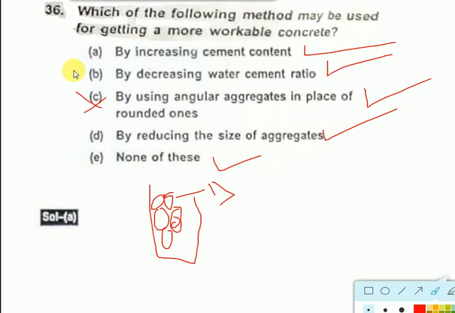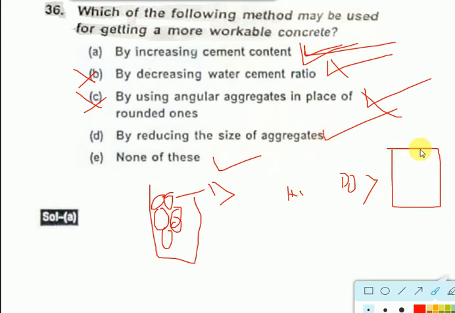And decreasing the water cement ratio, you can't do that. The proper hydration process will not take place if you decrease the water cement ratio for workability, and proper mixing will not happen, and the concrete becomes a dry or harsh mix. By increasing cement content, yes, we can do this. We can't do these 2 points. By reducing the size of aggregate, no, we can't, because it is fixed according to the size of the members, as we have already discussed. So the answer for this question is that by increasing the cement content, we can control the workability of the concrete.